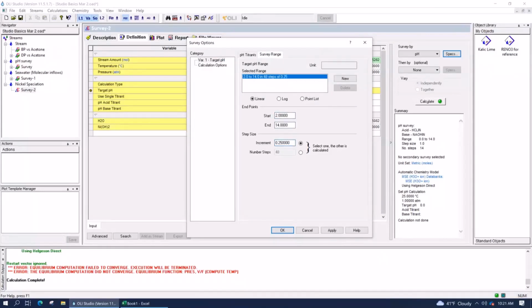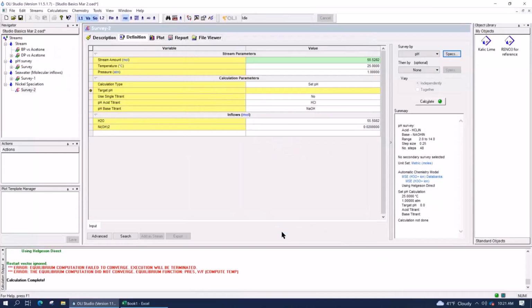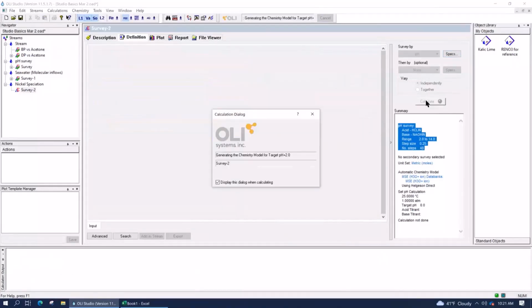We don't need that many points, so we'll make it 48 steps. Press OK. Now the software is ready to run. You can see the calculate button is green. We set the conditions of our survey and our initial composition. We're using the default conditions, temperature and pressure. Press calculate.